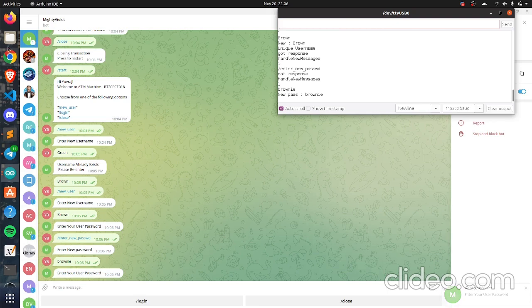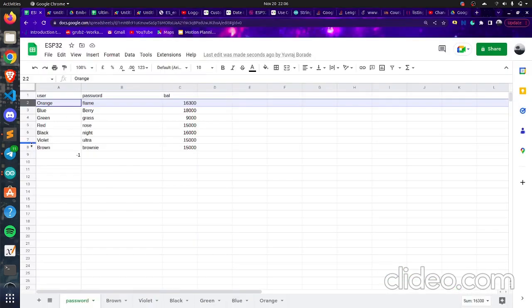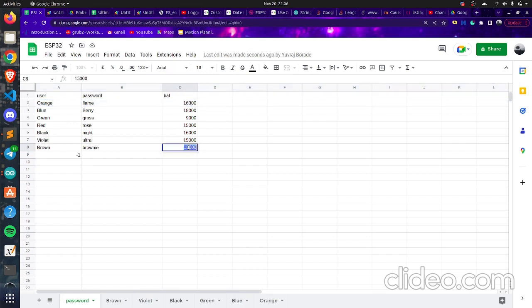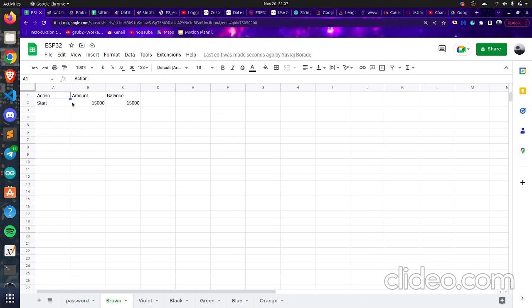Yeah, so the account has been created. We can see that it's been added here, and it's initialized with an initial balance of 15,000. Also, a new spreadsheet is made with the name brown, and this also has a starting balance of 15,000.